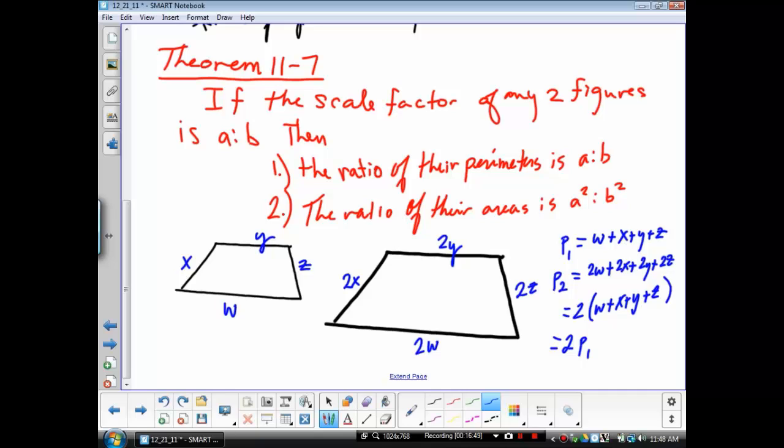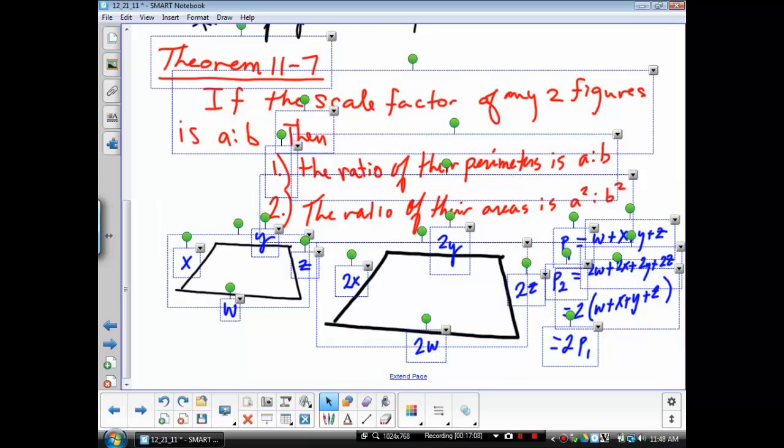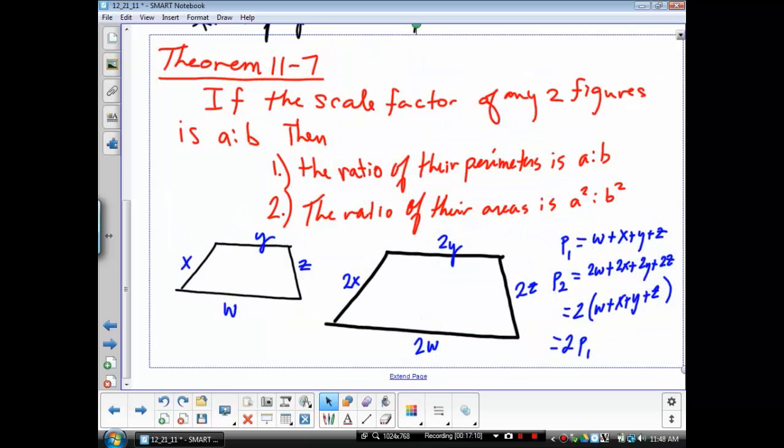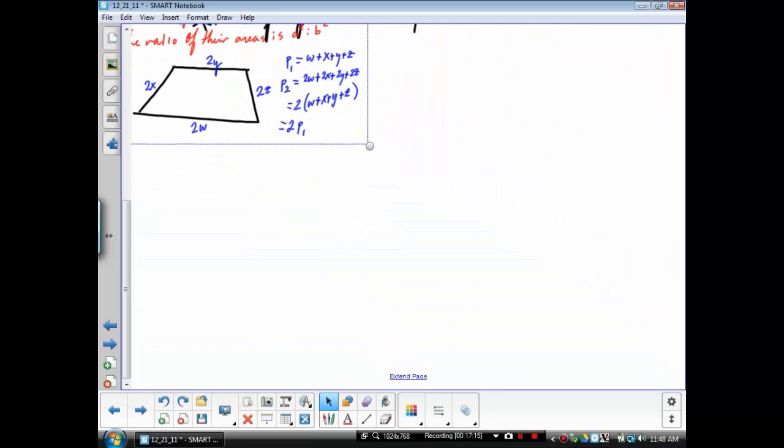No matter what your scale factor is then, the ratio of the perimeters will be the same as the ratio of two corresponding sides, which is your scale factor. Now, if we look at the second part, which is the ratio of areas, because you always have to multiply 2 dimensions to get the area,